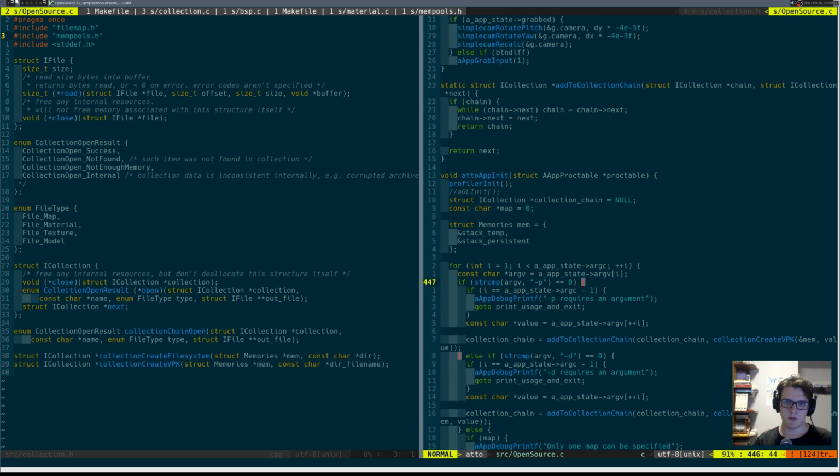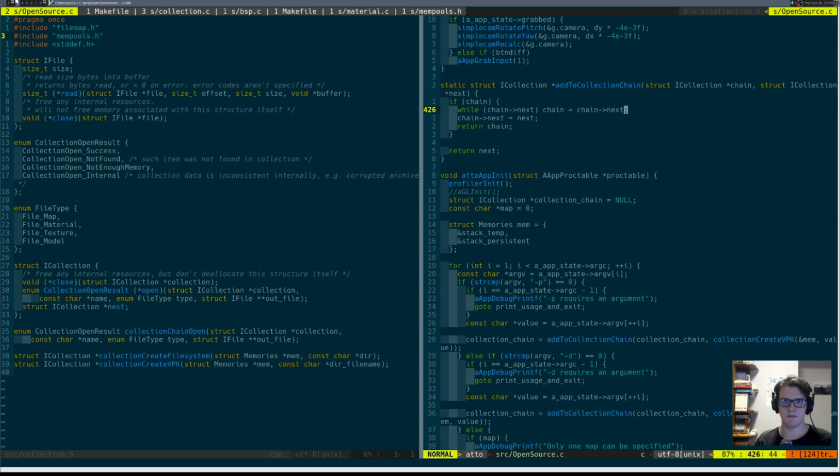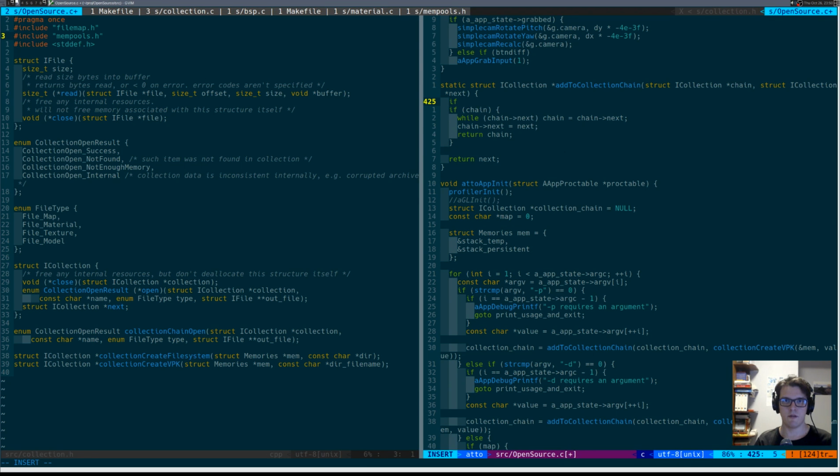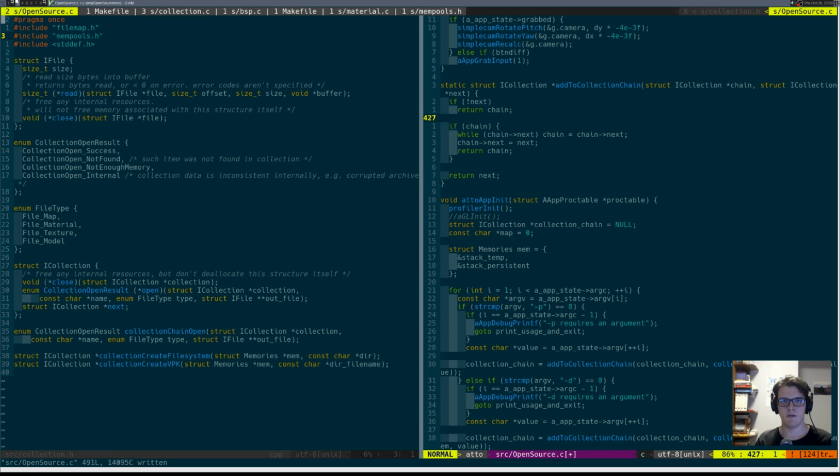So it would seem like adding to the collection chain doesn't work for some reason. It doesn't add. First of all, if not next, then return chain. First this. But it doesn't